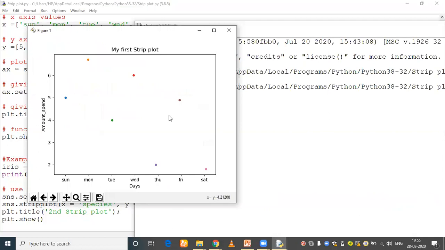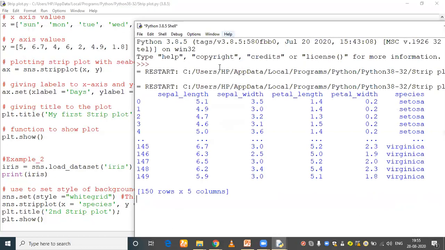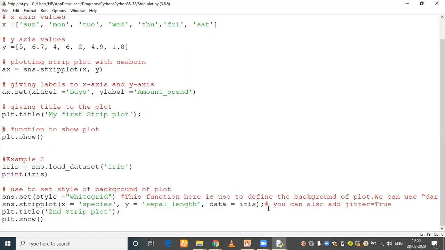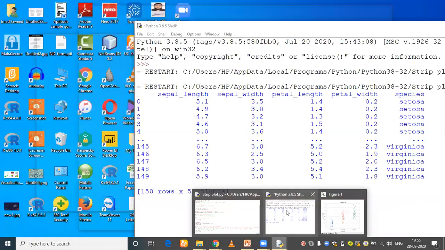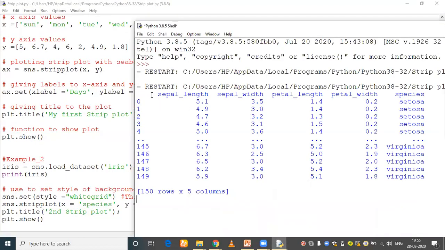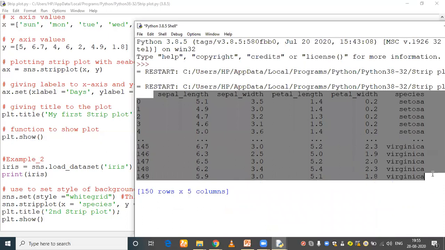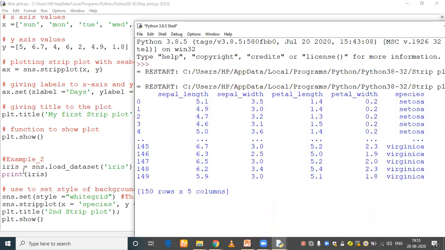See here, this is our first strip plot we have seen. Now before going to understand the plot, what is this data set? It's one of the data sets, iris, that we have loaded with the help of SNS dot load underscore data set iris.